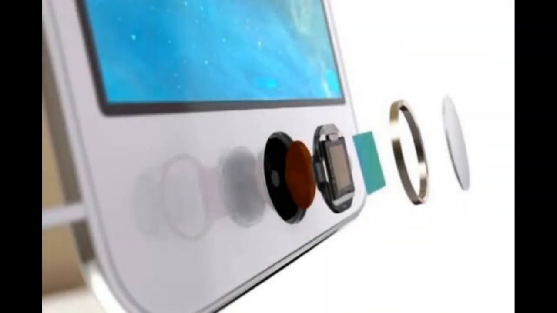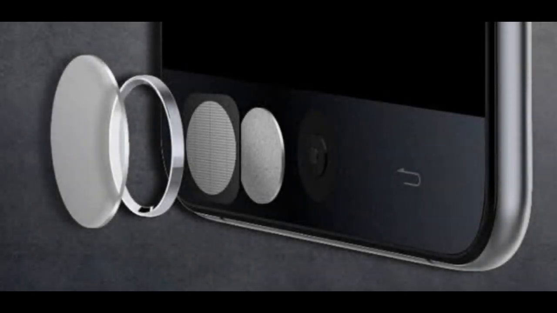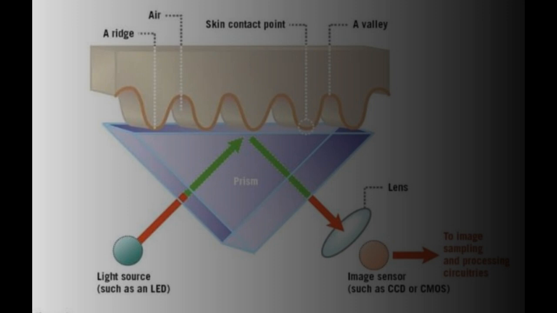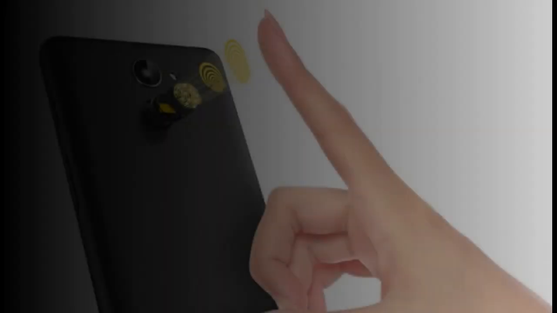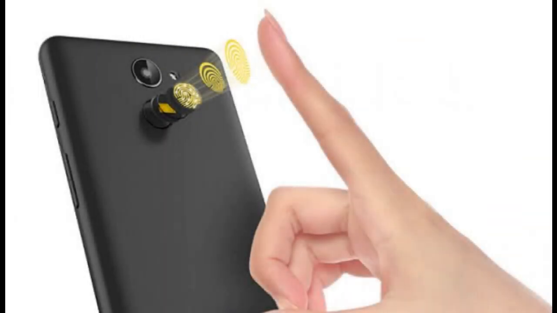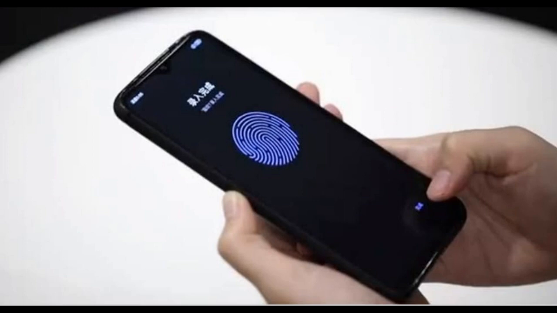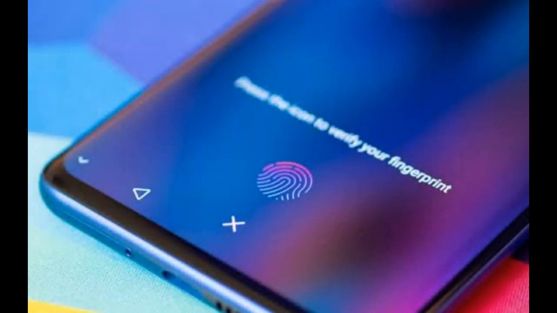The in-screen fingerprint sensor scans the fingerprint using light reflections. They are used with OLED screens, where the spacing between the pixels of an OLED allows for light transmission. When a user touches the fingerprint sensor icon, the OLED illuminates the touch area, and the sensor underneath the screen then grabs an image of the fingerprint that is projected onto the sensor. The sensor then compares the image with the stored version on the device. In this way, the fingerprint sensor works. This is about the fingerprint sensor.